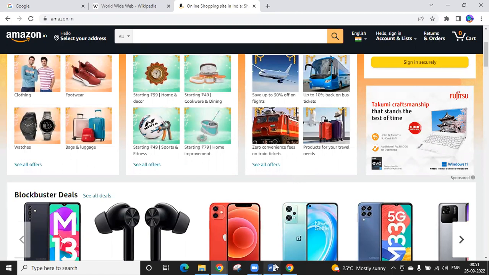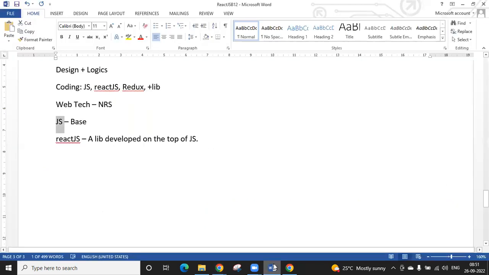For example, in these predefined things, I want to perform validations. I want to save the data. I want to get the data, bind the data, because a web application works by transferring data. That's it. So these are minimized and optimized, they come up with some methods. I will show you. I'm just explaining why we are using React.js. React.js is nothing but a library which contains the predefined logics of JavaScript. That's it. Nothing else. A small library, but a beautiful library.